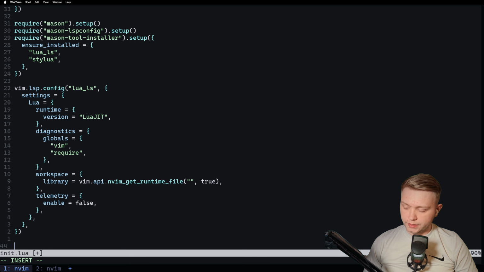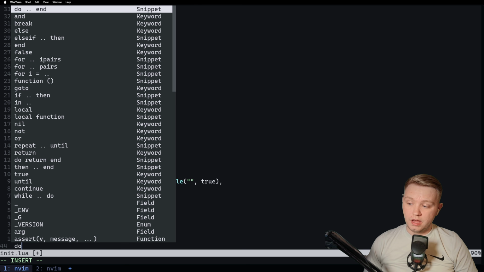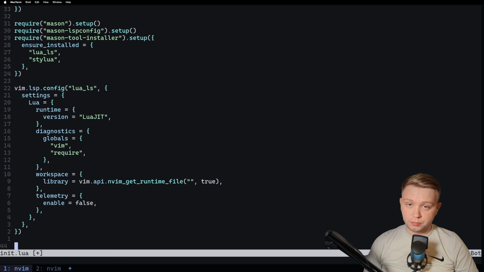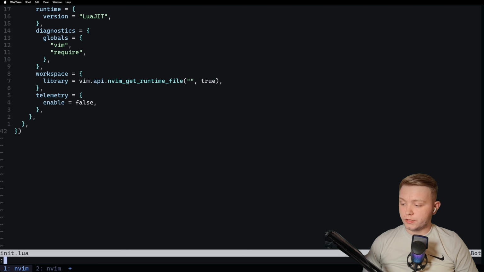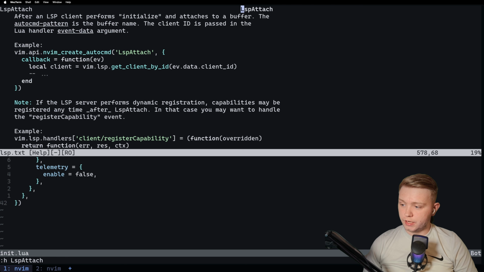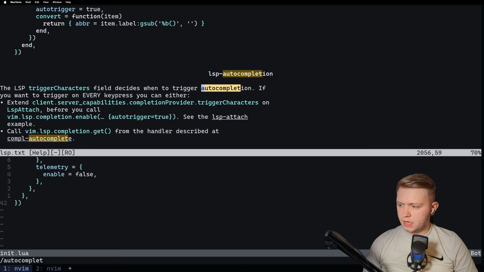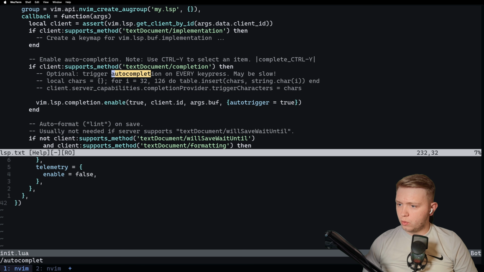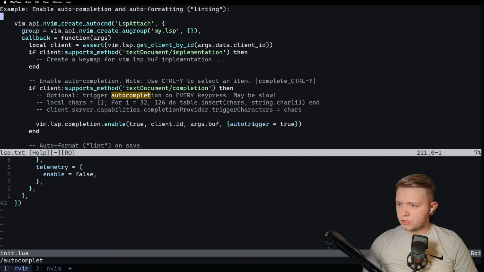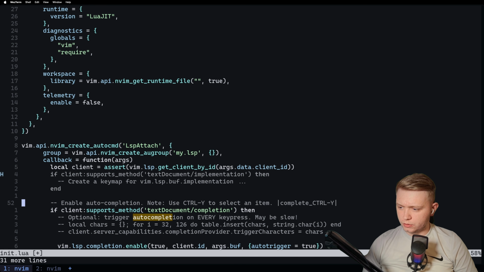Now, the way you could trigger this is Control X, Control O, like I just said, and it's not as convenient. So there are some small ways you can improve this. Okay, so if we do :h LSP attach, and if we search for autocomplete, and if we just come through some of these, there's a place in this help documentation where it mentions, here it is. So if we just grab this, paste it in here,